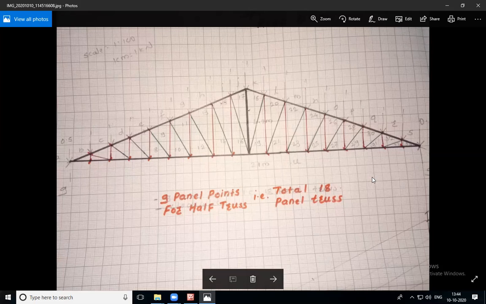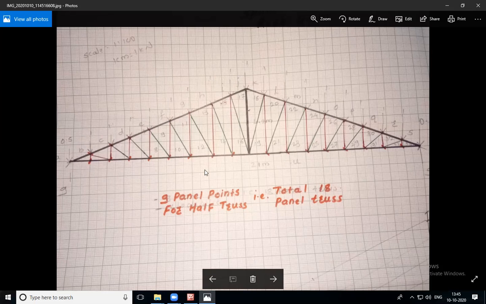Now here we have to analyze this truss for unit load. This unit load will come at each junction at the inclined line, at the topmost position. We have to draw at each point 1 kilonewton load. And how that 1 kilonewton load comes, we are going to assume it half load from the left side and half load from the right side, so complete load will be 1.